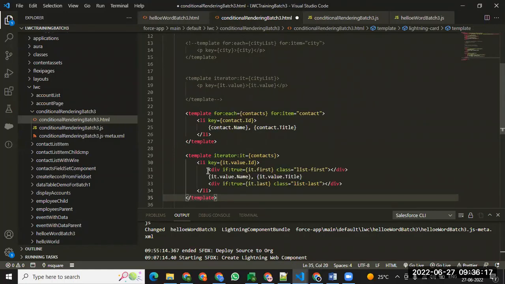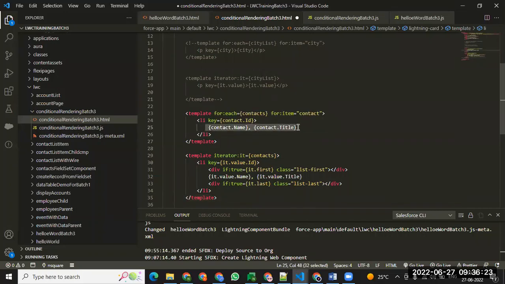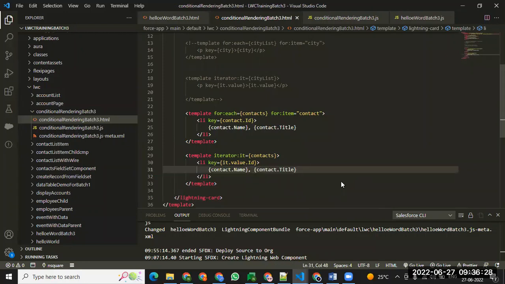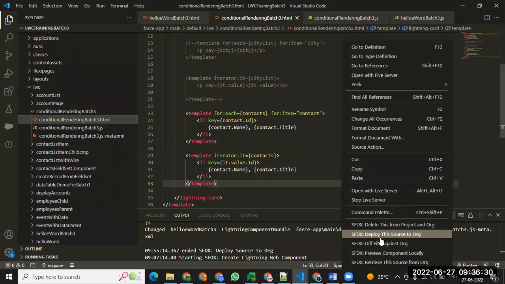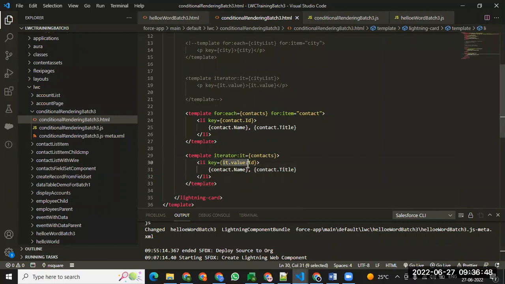So simply you guys can print it like this. I'm just using e.value.name,